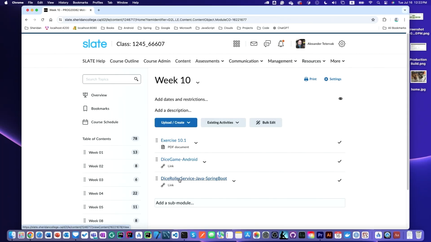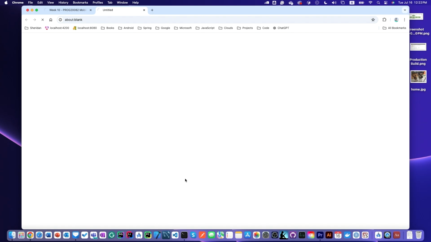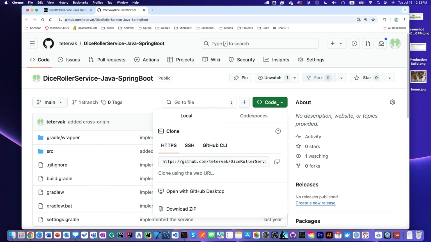So let's clone Dice Roller Service. It's not an Android app. Use IntelliJ to clone it, not Android Studio. Cloning is exactly the same. Click Code, copy, open IntelliJ IDEA Ultimate,